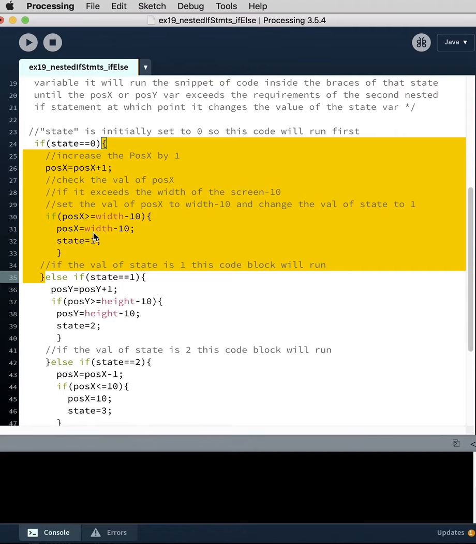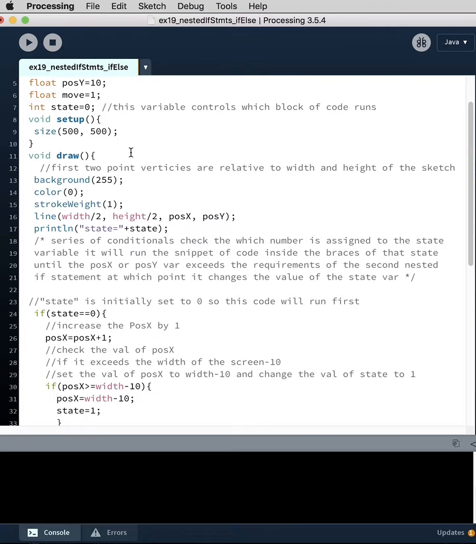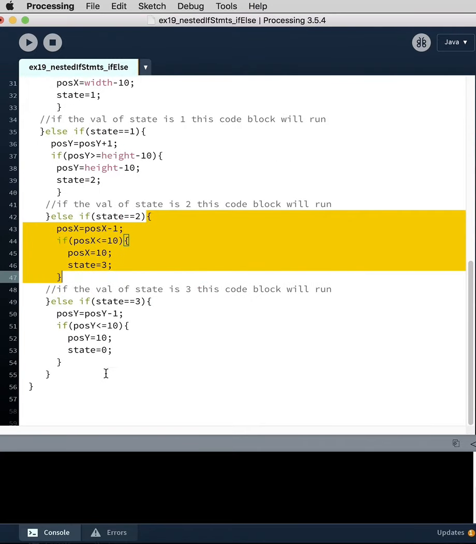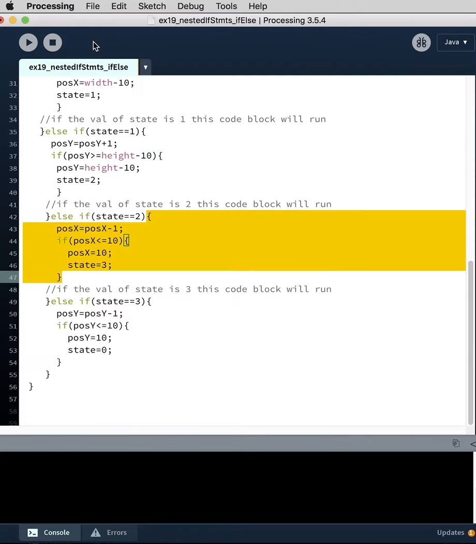So it doesn't stay locked inside of this. It basically just keeps looping through all of the code from the top of the draw loop all the way down to the bottom. And whichever state is true, it runs that code until the state becomes a different value. And so if we run it,